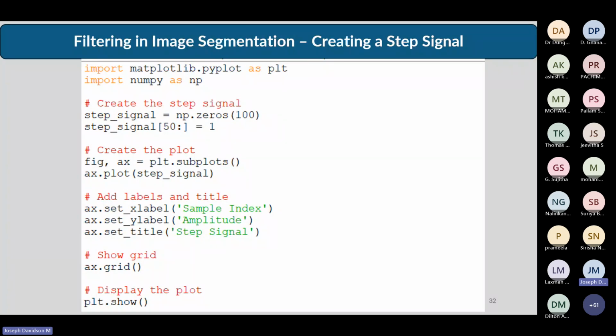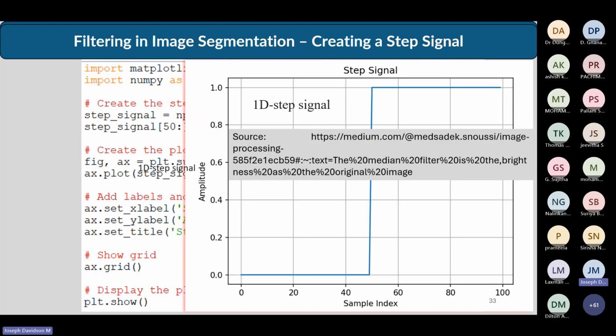Likewise, for each and every shortcoming that I mentioned in image segmentation, we have solutions too, and we have applied them. Now, before going to the actual application, as I told, let us create a small signal and apply what I said to that system so that we understand what exactly we are supposed to do. We'll create a small step signal. There is a blue line that goes vertical and then horizontal.